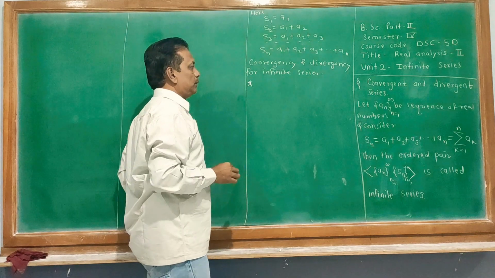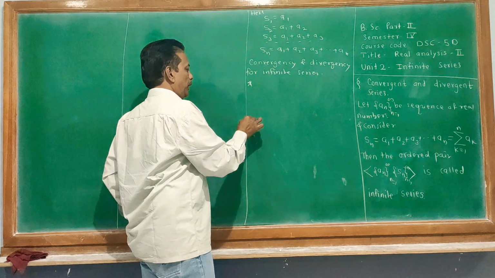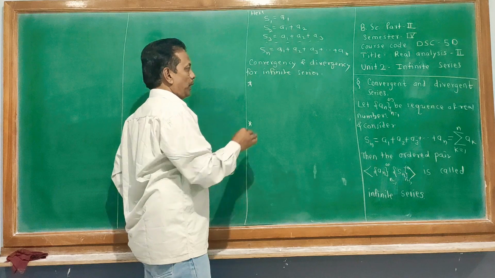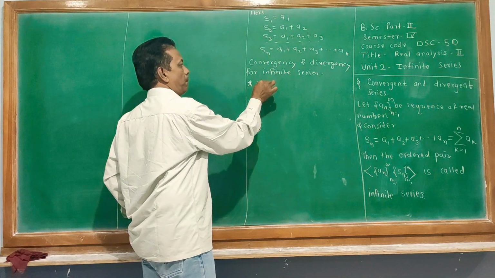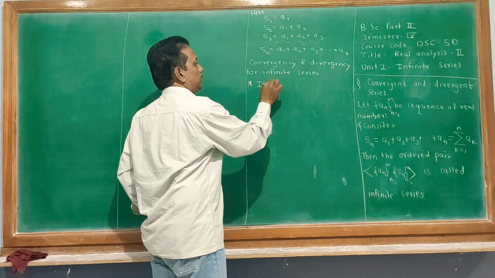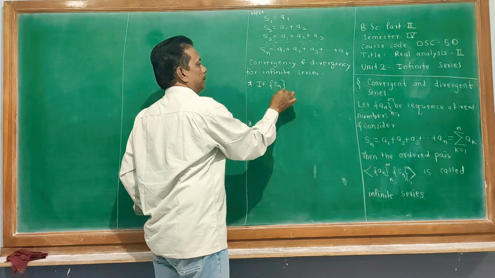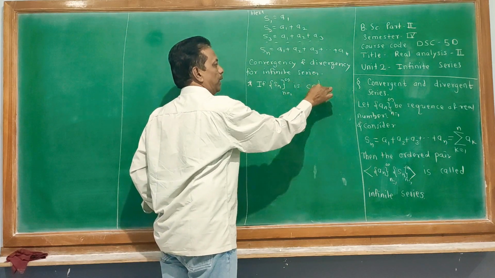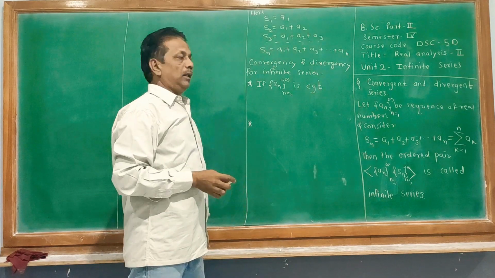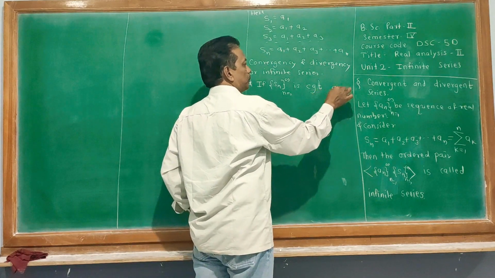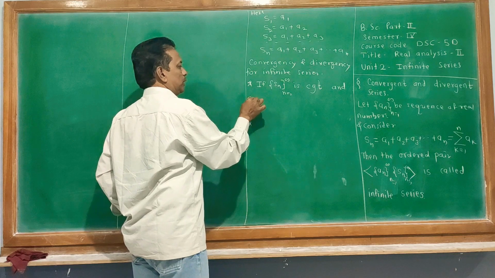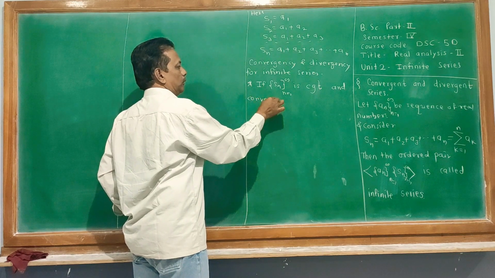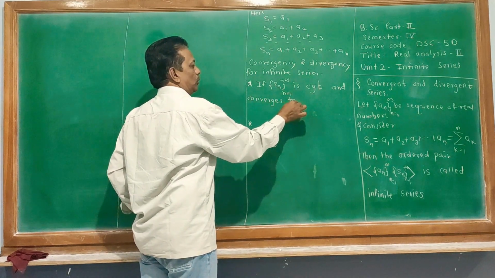Keep in mind that these two conditions are there. If this sequence Sn is convergent, we write in short CGT, convergent and converges to say s,